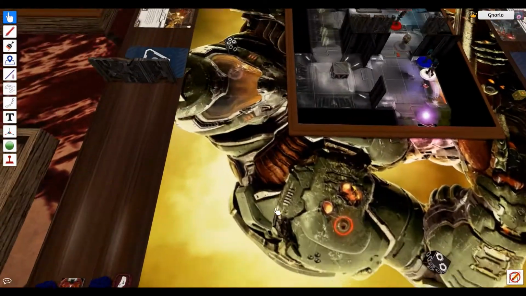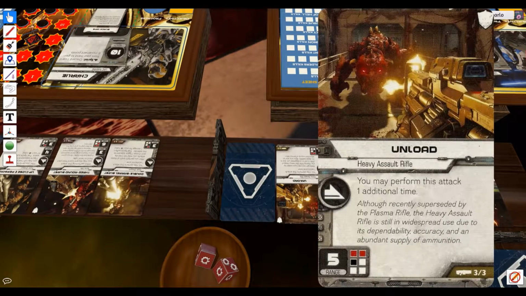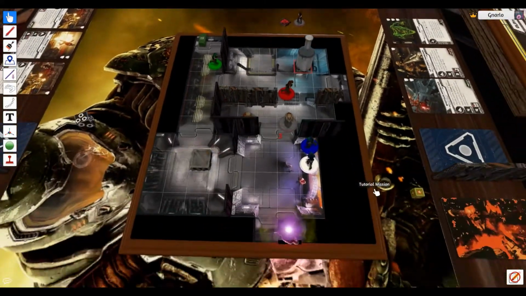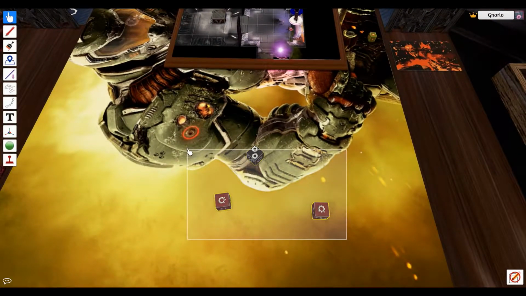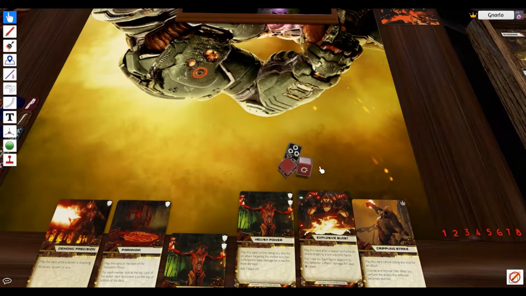Okay. Bravo, because he is unloading, he will get to roll that attack again. Just to remind you, you may perform this attack one additional time. That's the nice part about the heavy assault rifle. So we are going to get to do the 2 red, 1 black again. Hopefully we won't actually kill it. Yeah, we're sitting there thinking, do we want to attack the other one? Well, we're almost out of